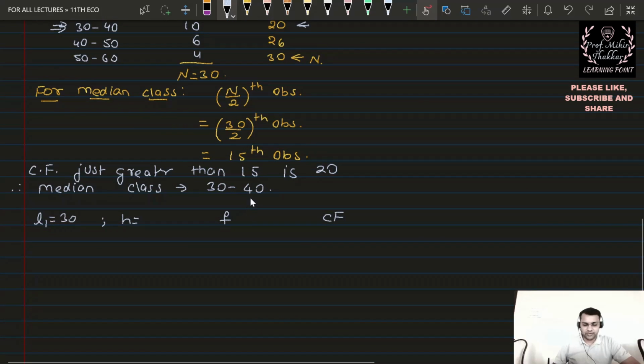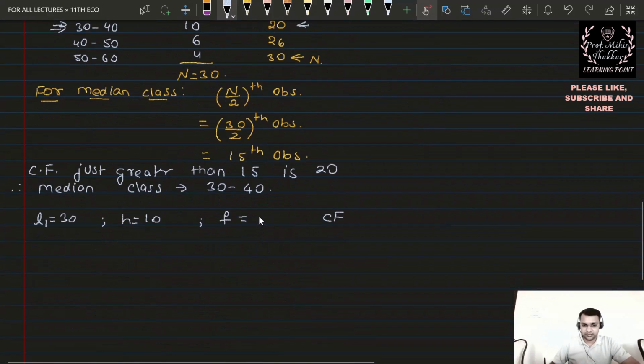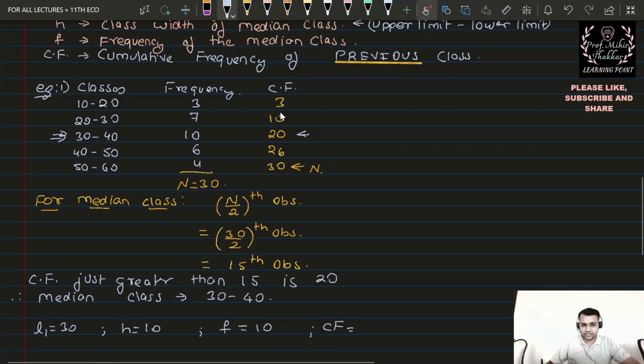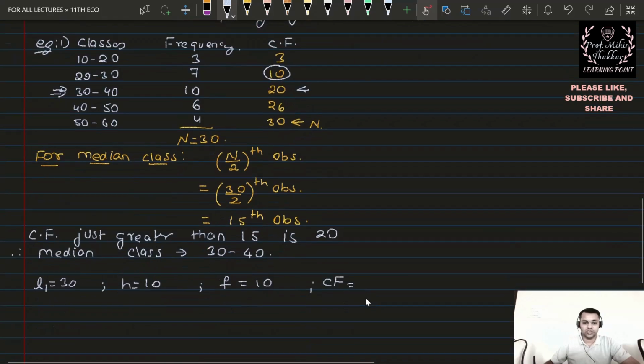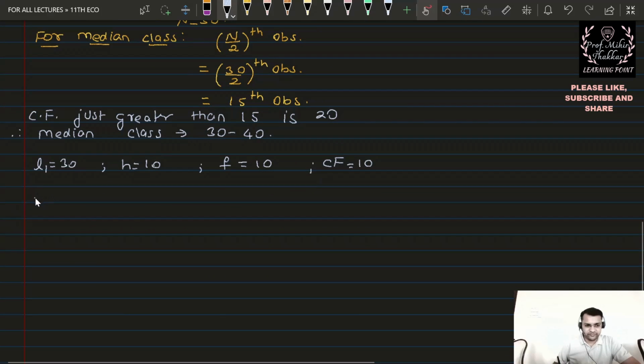Okay, so upper limit is 40, lower limit is 30, so that comes out to be equal to 10. Frequency of the same class is 10, and the most important, cumulative frequency of the above class, which is going to be equal to again 10 in this sum. So I will get, therefore,